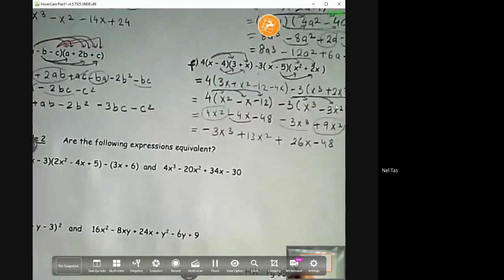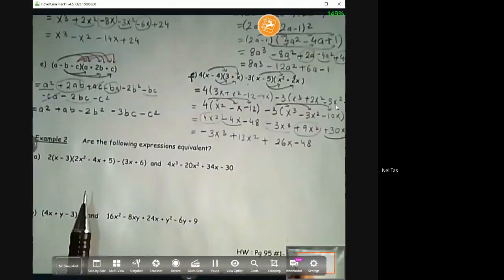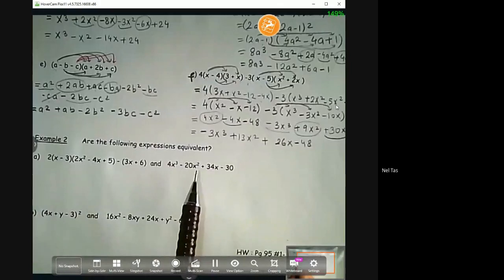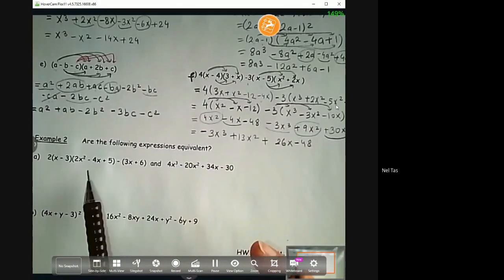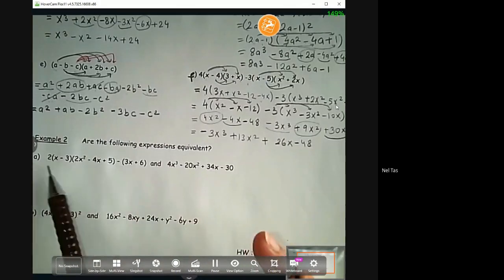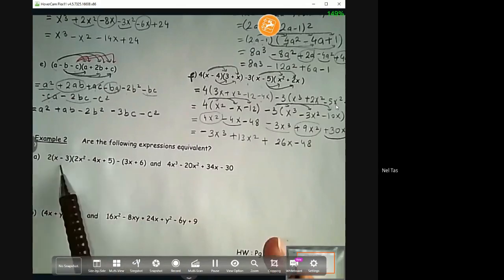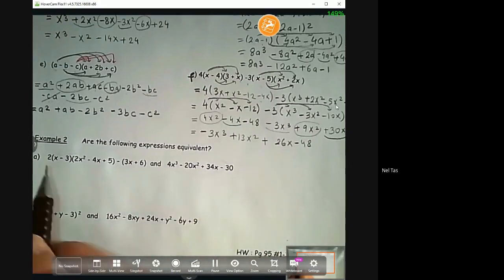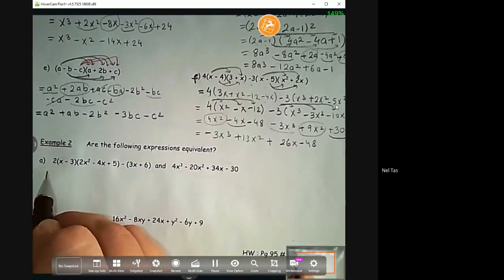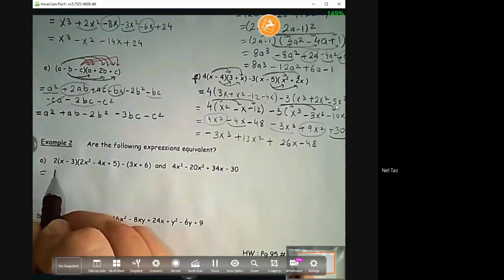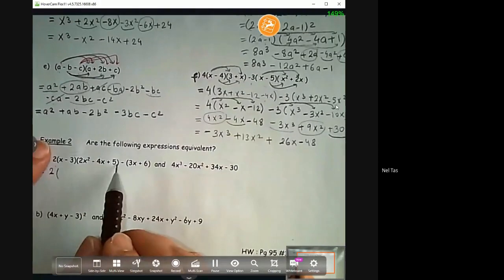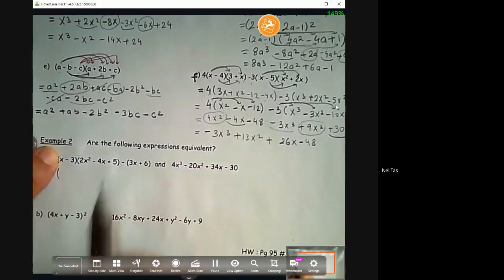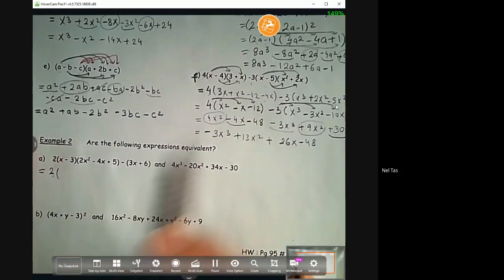Okay. Example 2. Are the following expressions equivalent? So to be able to do that, again, we need to expand this expression and compare with the second part. Okay, let's do the expansion. Again, I'm going to keep the number first here. Okay, and I'm going to do multiplication of this binomial and trinomial before I multiply with the numbers, like we